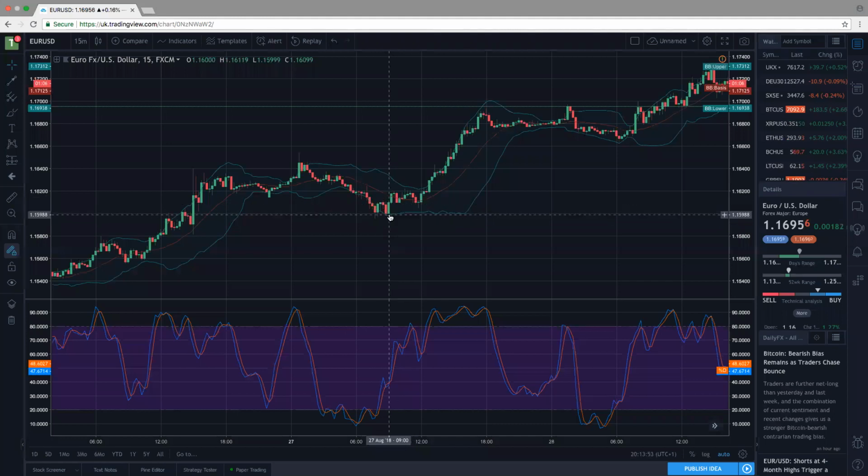So this is the strategy, and the way you set this up on your phone is you go on MetaTrader 4, go on the charts, and you basically